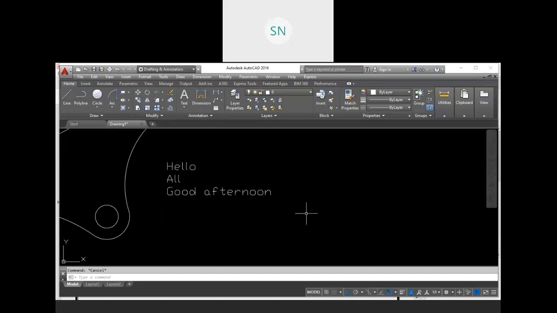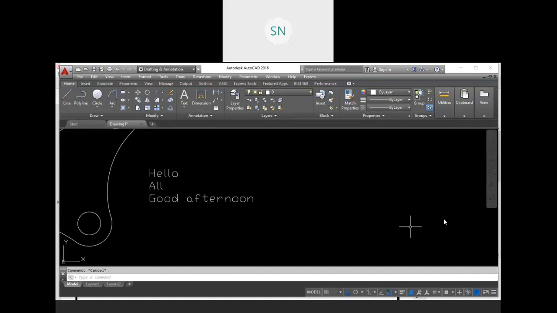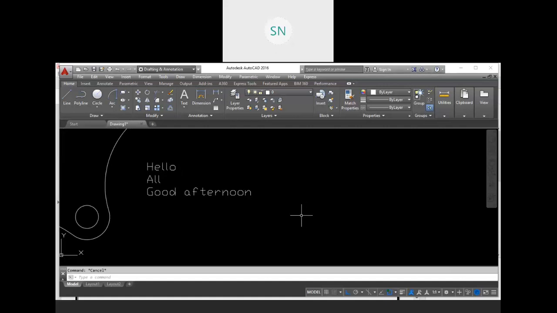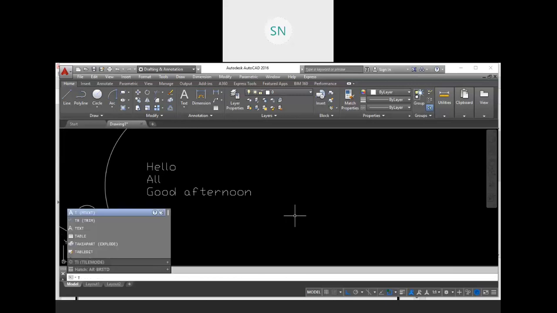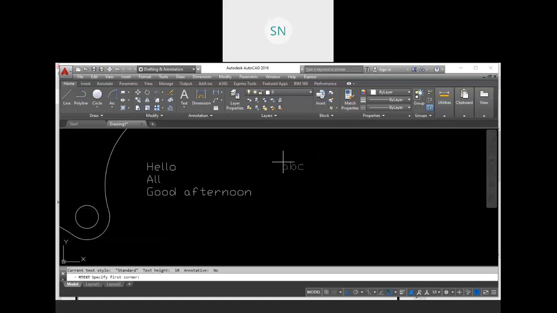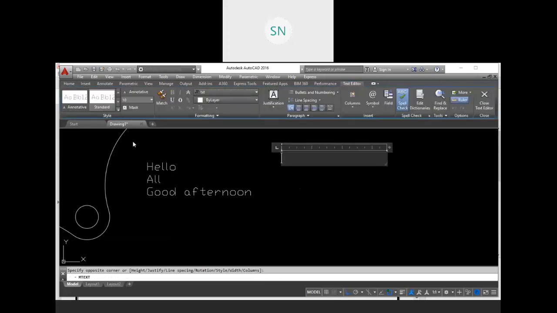And again we are going to perform multi-text over here. So this is another type of text that is available in AutoCAD. The shortcut for multi-text is simply T, or you can type MT. Okay, and here you have to create one box like this, and this is our arrangement of multi-text.